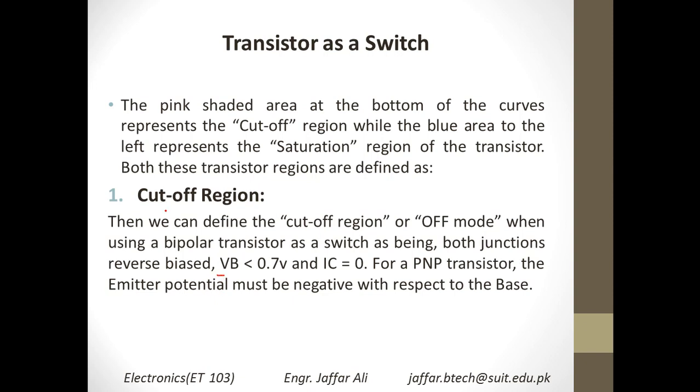If you want your transistor to be switched off, you apply less voltage, less than 0.7 volt, at the VB, that is the base voltage. You know that the voltage between the base and emitter is 0.7, because this is a PN junction and the PN junction drops 0.7 volt. So if you apply less than 0.7 volt at VBE, automatically you are opening the switch, because this will not be sufficient for this junction to be